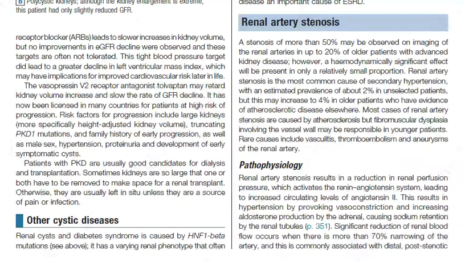Renal artery stenosis. A stenosis of more than 50% may be observed on imaging of the renal arteries in up to 20% of older patients with advanced kidney disease. However, a hemodynamically significant effect will be present in only a relatively small proportion. Renal artery stenosis is the most common cause of secondary hypertension, with an estimated prevalence of about 2% in unselected patients, but this may increase to 4% in older patients who have evidence of atherosclerotic disease